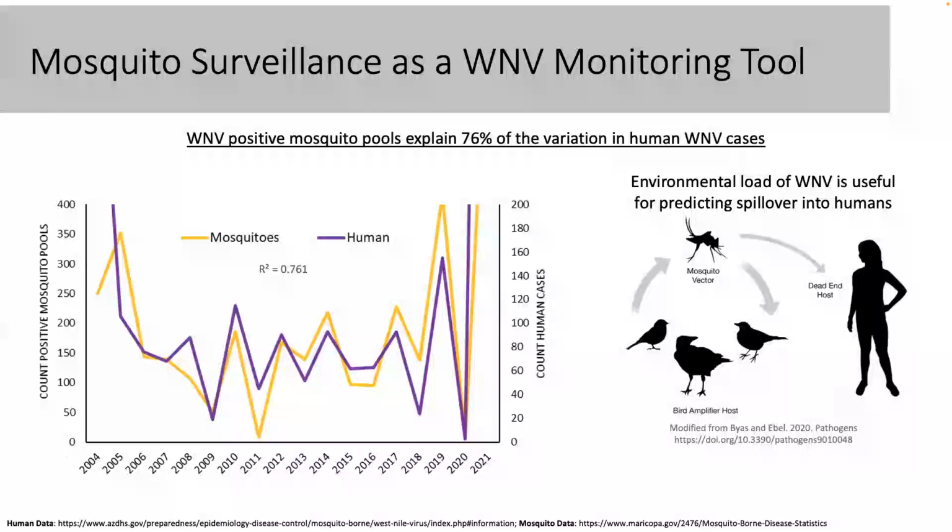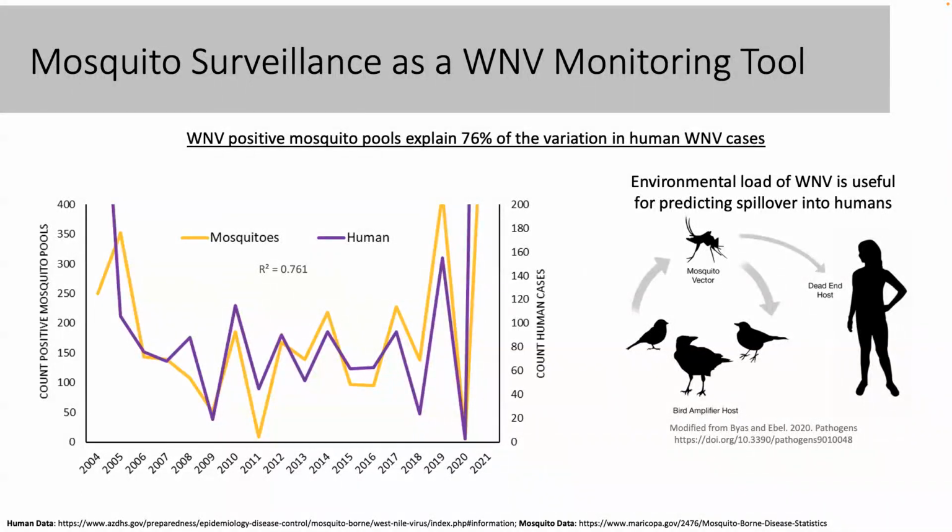And so we are able to use mosquito surveillance as a way to monitor West Nile virus. On this plot, on our left y-axis, we have our West Nile virus positive mosquito pools, and on our right y-axis, we have our count of human cases. Throughout the years, we can see that the number of positive mosquito pools and human